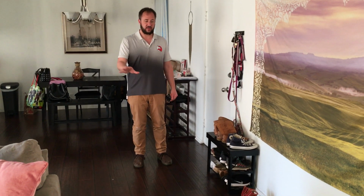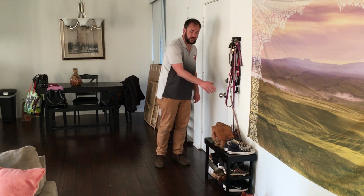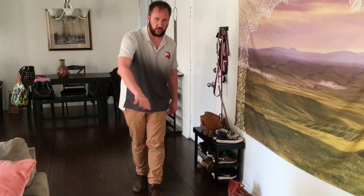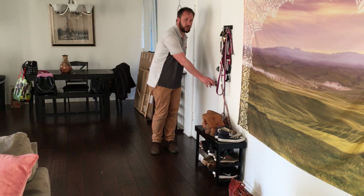Now, once I get to the door, I'm going to turn like this, and if this reach makes the dog come over, I stop and I rush towards the dog. And as soon as the dog gets across the carpet or past the line, I stop, take one step back, pause. Just pause a quarter second between each step. And then you might have to do this multiple times. But when you actually reach the handle,